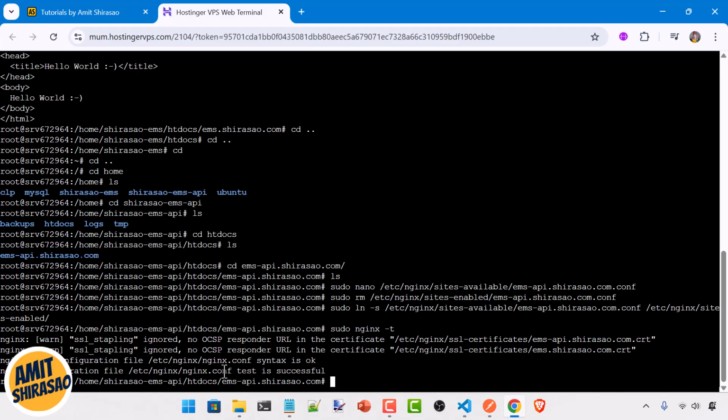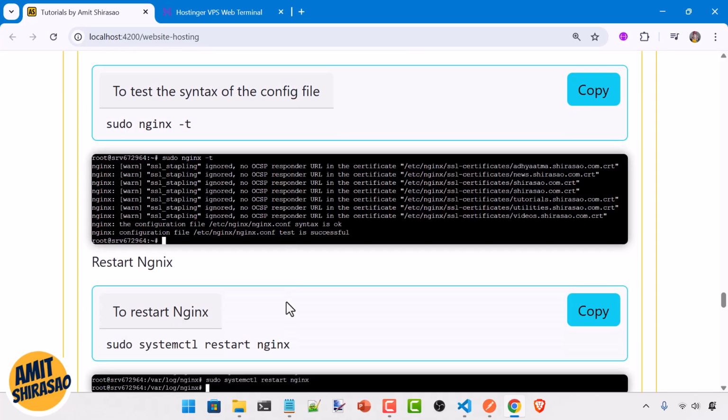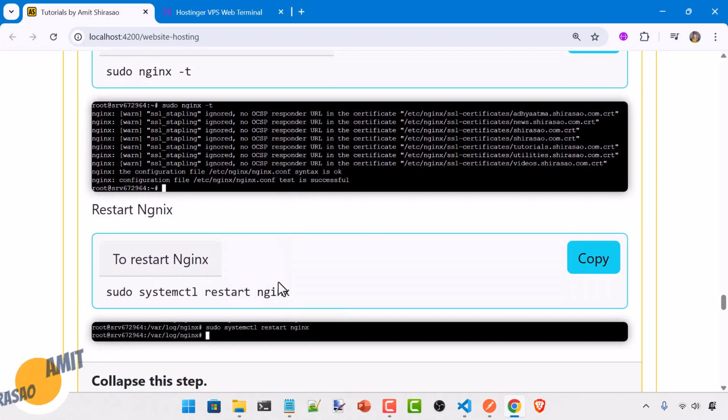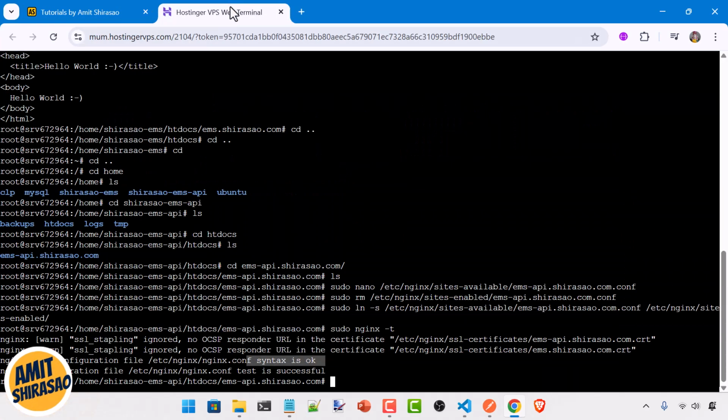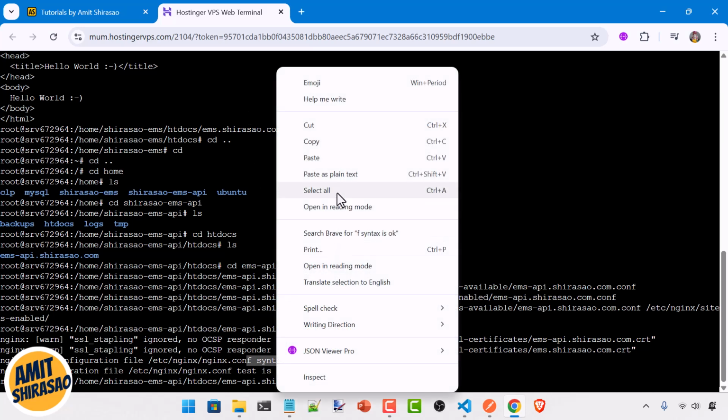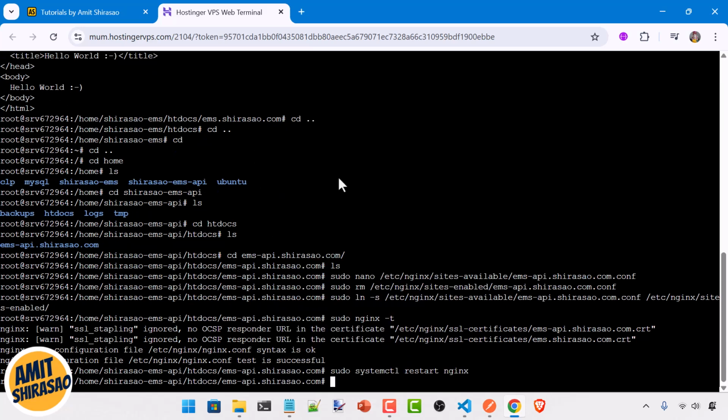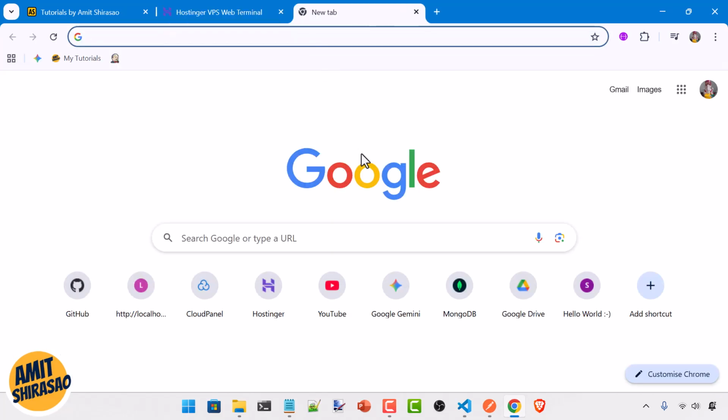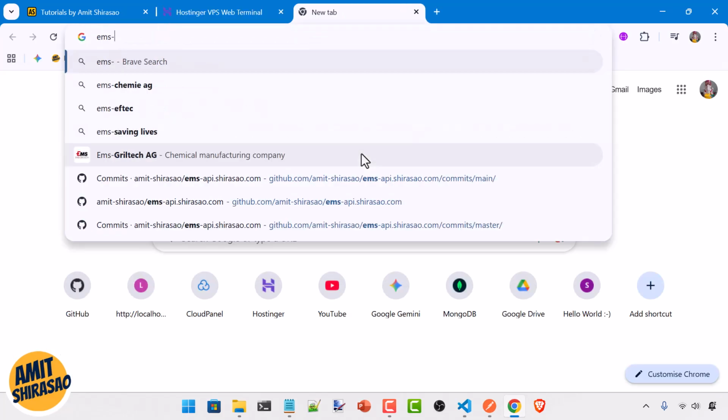See, it is saying that the test is successful, syntax is okay. Then you restart nginx. Now if I go to that website